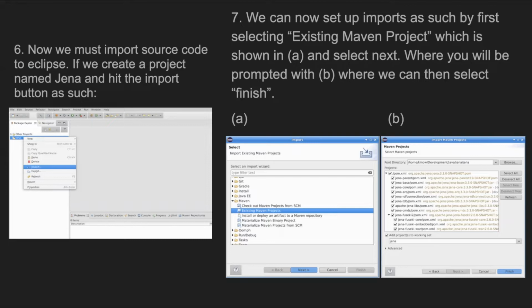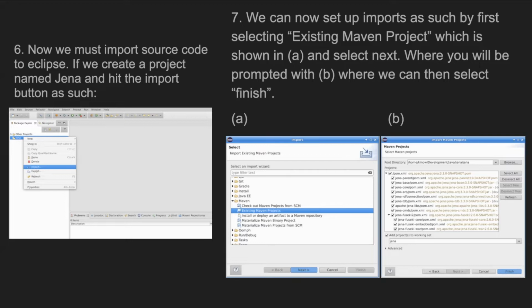So in the picture to the left, you can see an empty Eclipse workspace. The view is configured to display working sets, and there is a Jena working set already created. This isn't quite necessary for this tutorial, but you might find it useful if you work on separate projects at the same time. So in my example, if you click the Jena project, it will open a menu dialog, which I have listed as 7A in that photo,